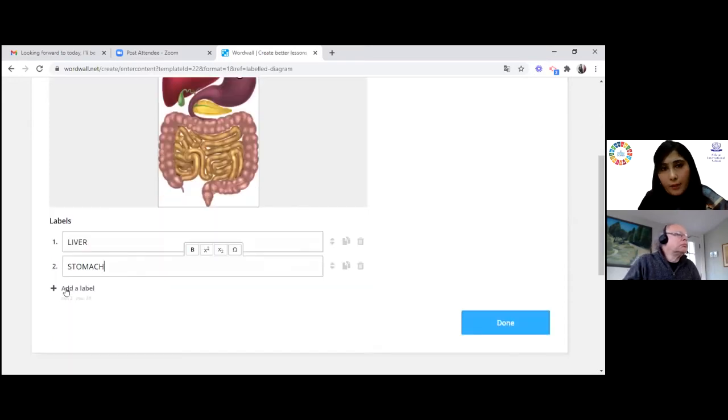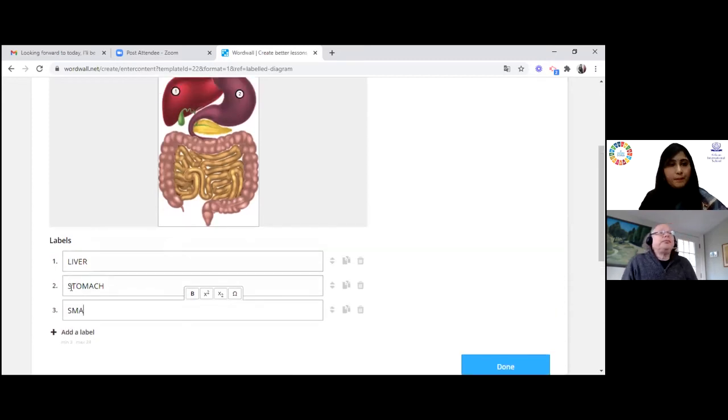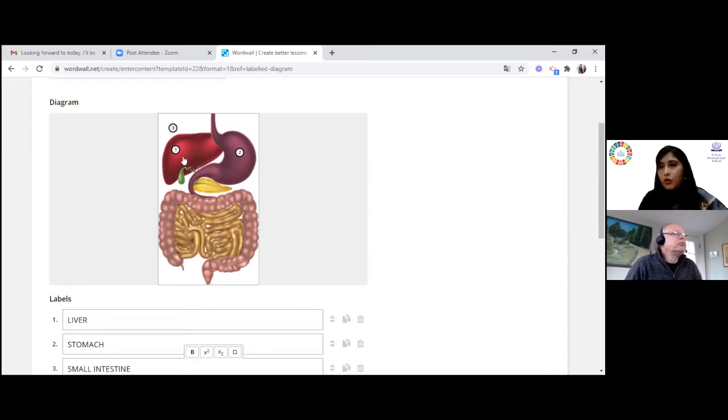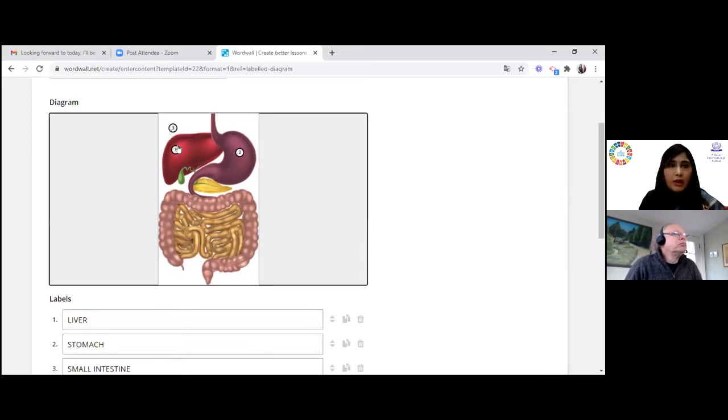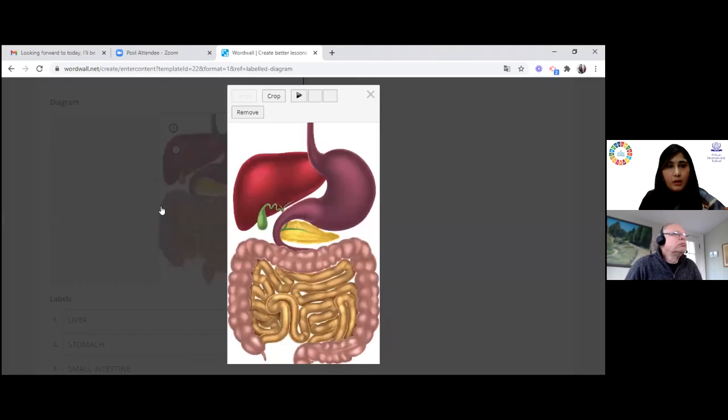And then one more I am adding: small intestine. Now you can see there will be a number 3, and I will drag and drop number 3 here.